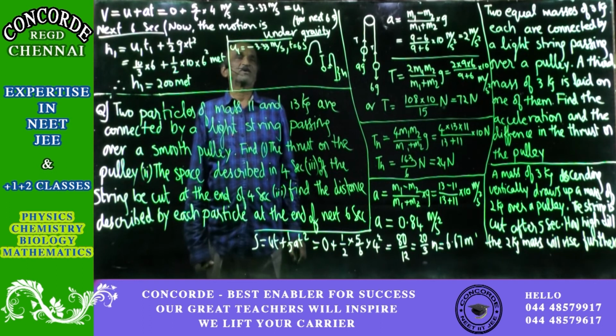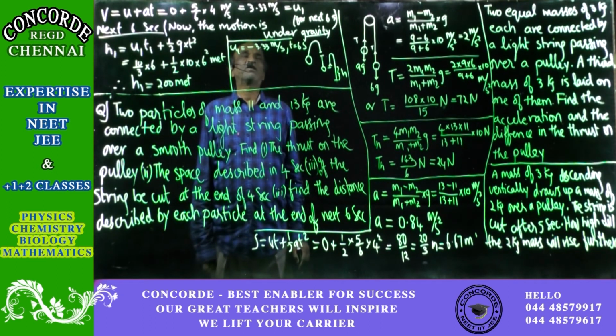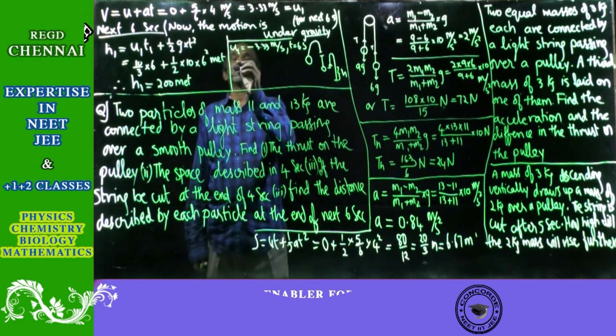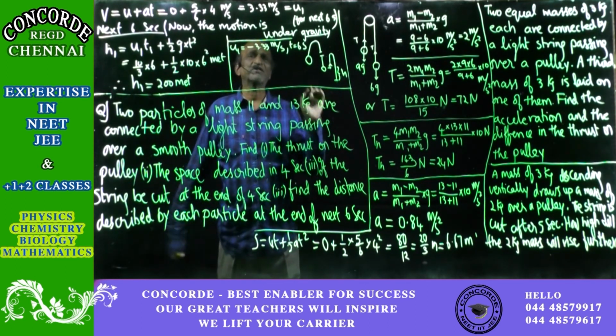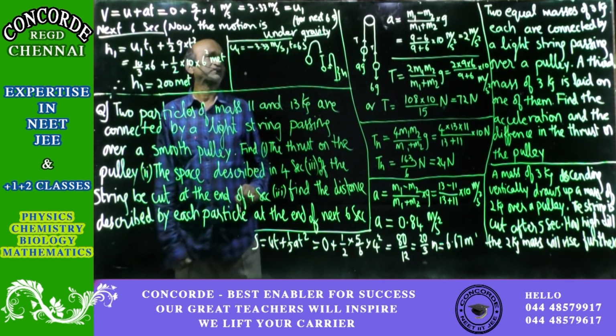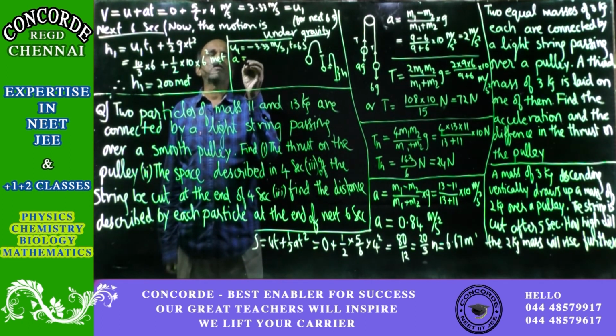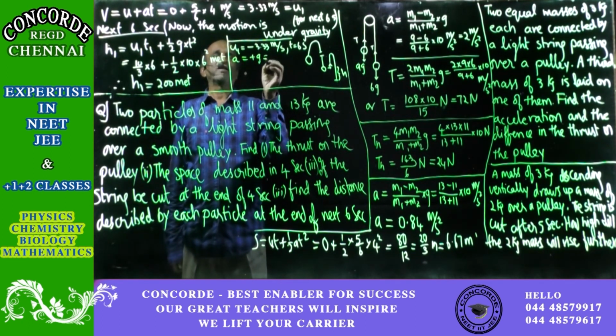So what is the distance? To find out, u is given, time is given, acceleration also. The final point might go up and then come down, but how the motion is, we are not bothered. Where is the final point? Down. g is positive, so a is equal to plus g, which is 10 meters per second square.